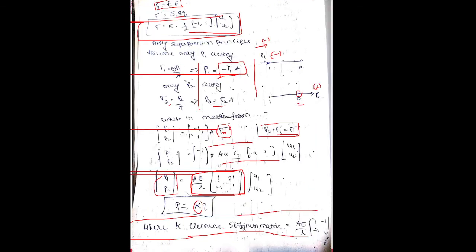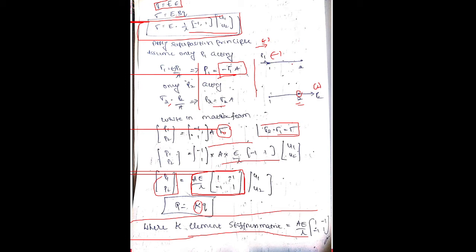Now I need to find the strain, that is dou u by dou x. If you differentiate with respect to x, you get this, and take 1 by L common outside. This is called the strain displacement matrix, and this is called the nodal displacement matrix. And if you want stress, sigma is equal to B into Q, substitute the B value and Q value, keep it as it is. Now I'm going to use the superposition principle.